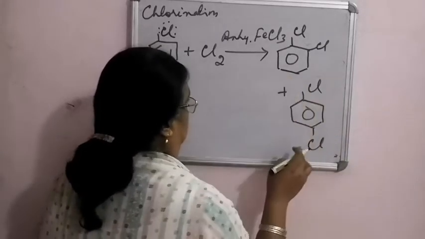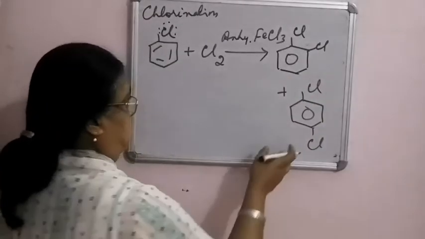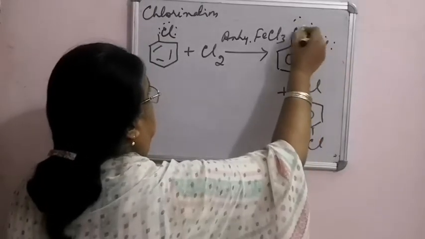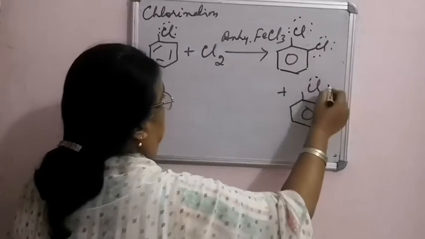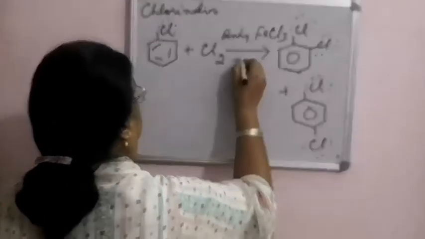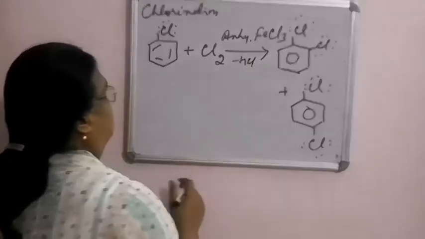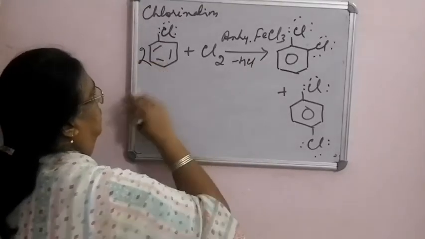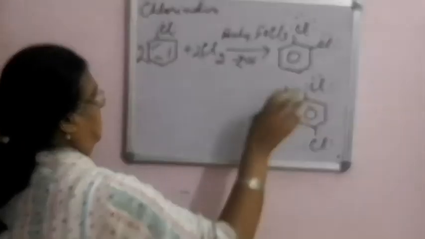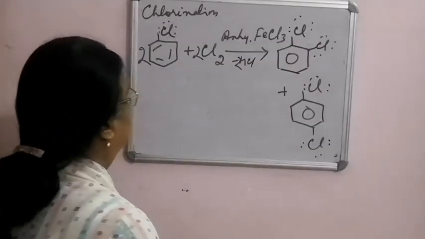Ortho dichloro and para dichloro. Para is more stable than ortho. Electron crowding is there, so here steric hindrance, so it is not so stable, as your para product is more stable. And naturally HCl is out. Balancing is not required. If you want, take it 2, and if you take it 2, this will be 2, so 2 HCl, and so you have this. But balancing is not required.